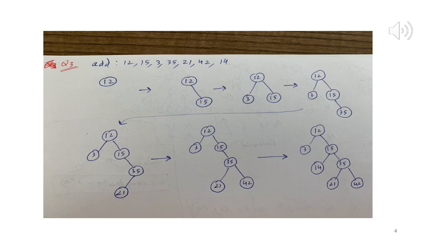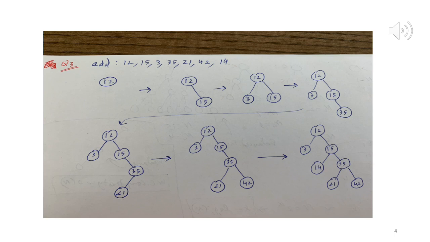So again, this is just similar to the previous problem, but the only thing is we're creating the tree from scratch. So 12, obviously the first node becomes the root. 15, start at 12, it's greater, go down right, becomes the right child. So we have 12 and then 15. 3, again start at 12, so all addition operations start at the root. 3 is less than 12, 3 becomes the left child of 12. Look at 35, start at 12, 35 is greater than 12, go down right. 35 is greater than 15, go down right, you found a spot.